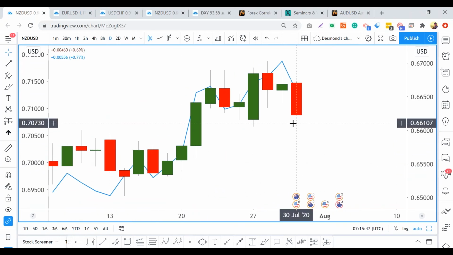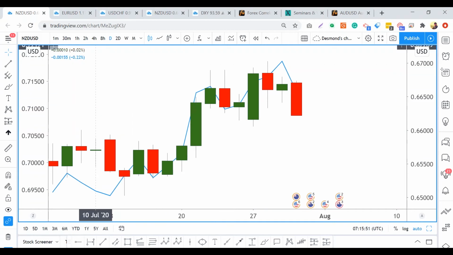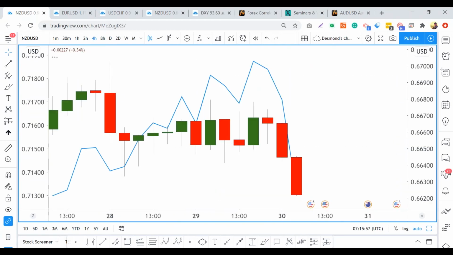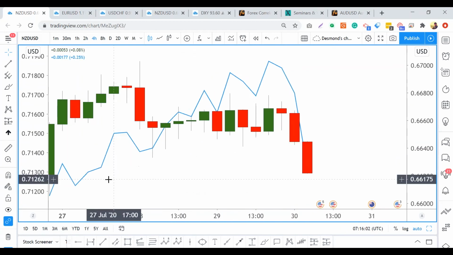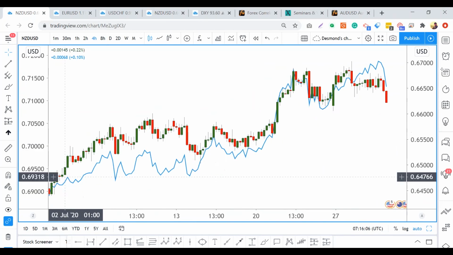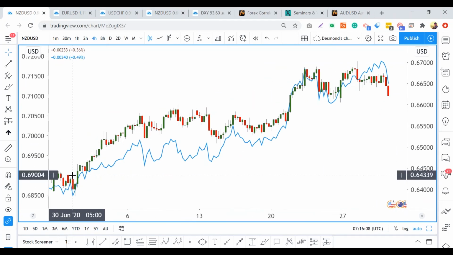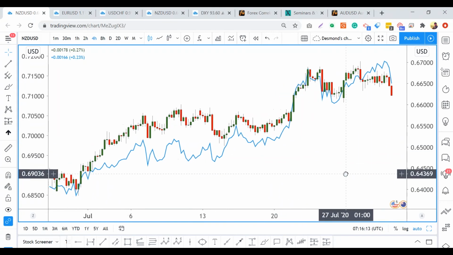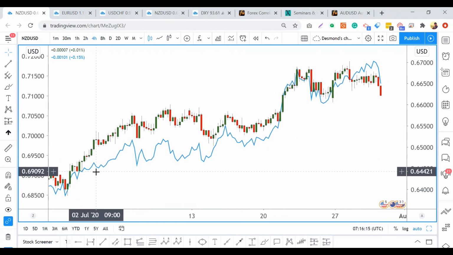This is roughly 20 bars. Is it very useful? Not really, right? If you look at the 4-hour time frame, if you're talking about the 30th of June all the way to the 30th of July, is this more useful? Yes, it's slightly more useful than the 1 day, 1 week, or 1 month time